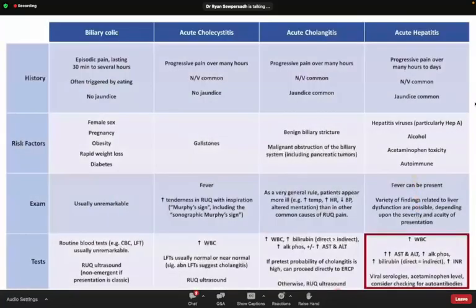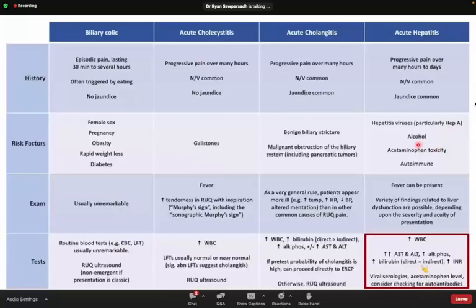And the last diagnosis, everybody's favorite, acute hepatitis, which is acute infection and or inflammation of the liver. Hepat, I think that's the word for liver, right? The symptoms of acute hepatitis can be similar to those of acute cholangitis, though in my experience, the onset is slightly more prolonged. Now, risk factors, or more appropriately, etiologies here include hepatitis viruses, A through E, particularly hepatitis A,